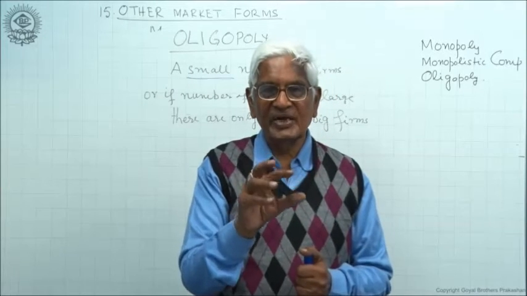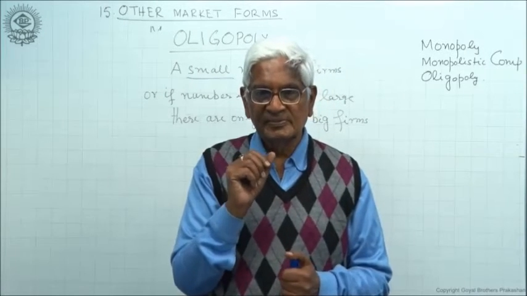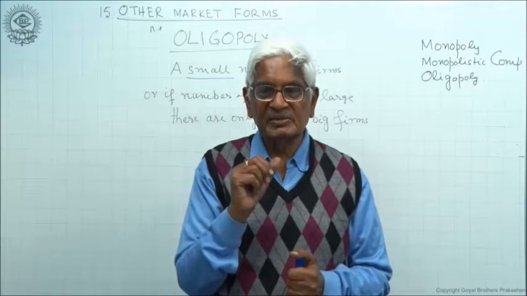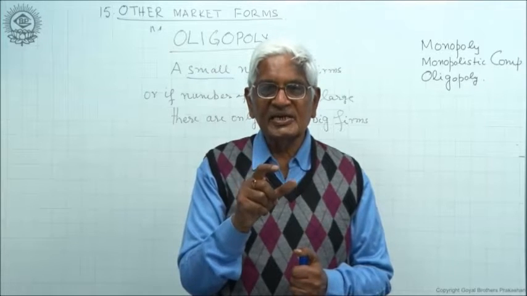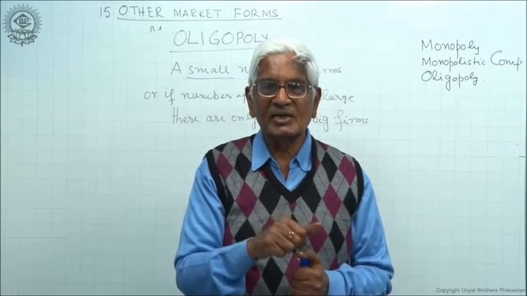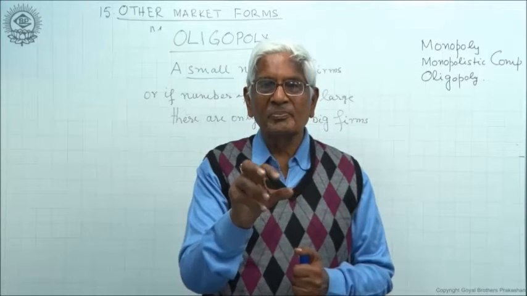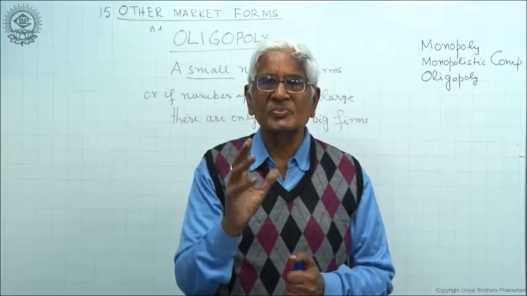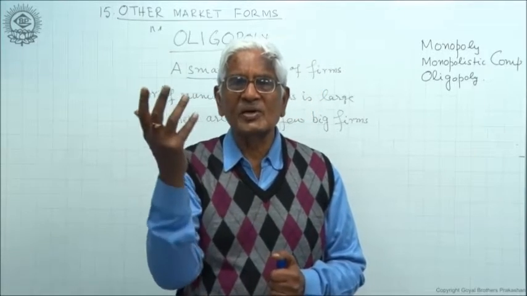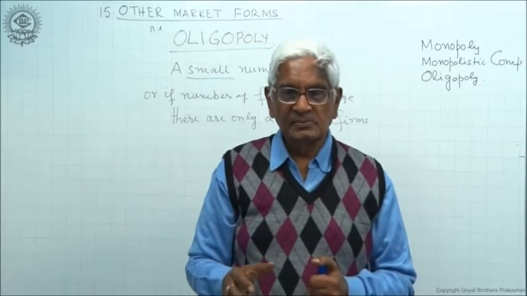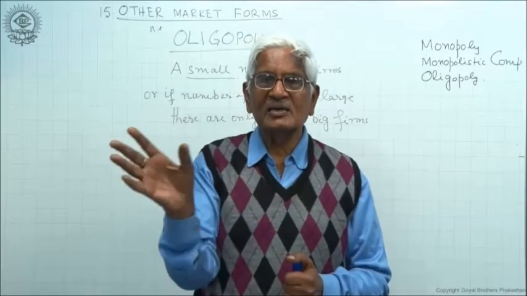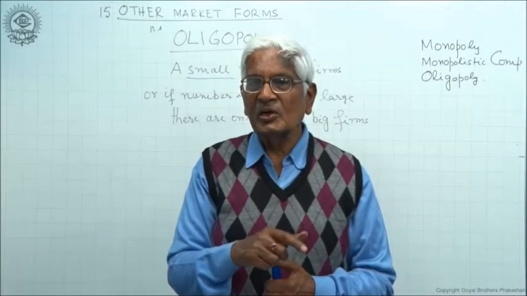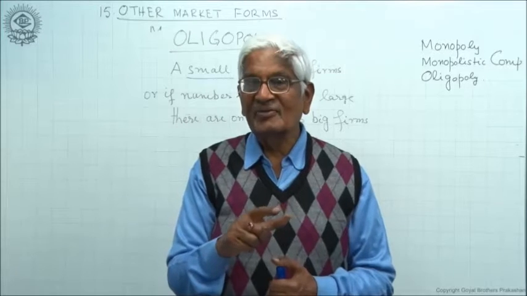In your classroom, if there are only 5-7 students, in another class, there are 50, 70 students. What is the chance that you know about each student? In a smaller class, you may know many things about these 5 or 7 students, but in a bigger class, you just cannot know much. You may also know about 5, 7, 10, 12 students, but not more than that. So their reactions are not important, but here reactions are important. The number is so small that rivals react.